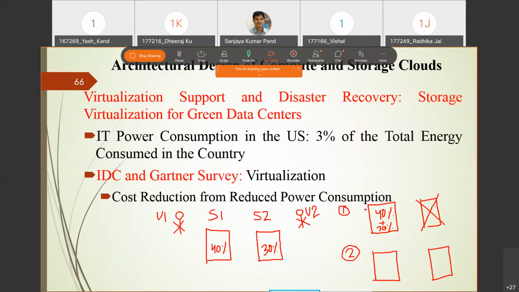Because in the first case I need only one server, in the second case I need server 1 and server 2. As I told you in the previous case, in traditional IT we have two servers. One server is at 40% utilization, another server at 30% utilization. But one of the solutions may be that you combine the load. You can consolidate the load of server 2 onto server 1 and put server 2 in switch-off mode or sleep mode or some mode where you can save power, right? So can anybody tell which solution is better? Solution 1 or solution 2?